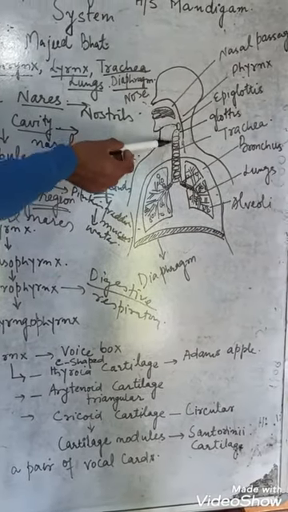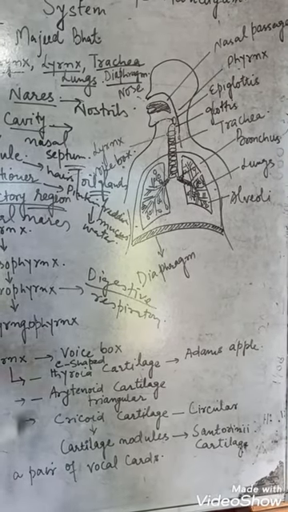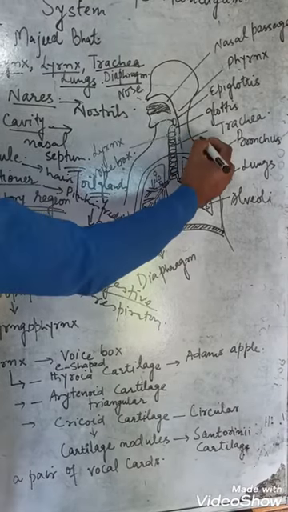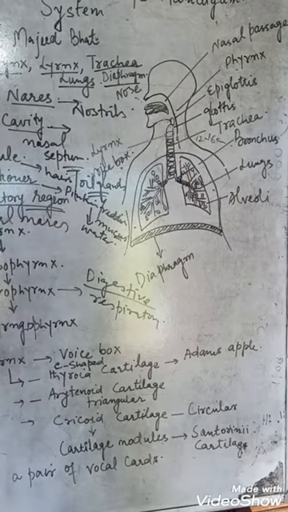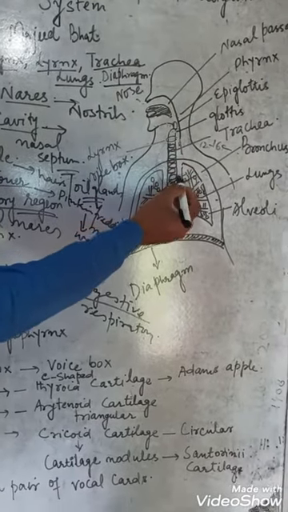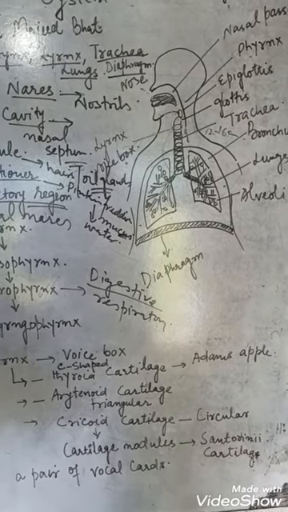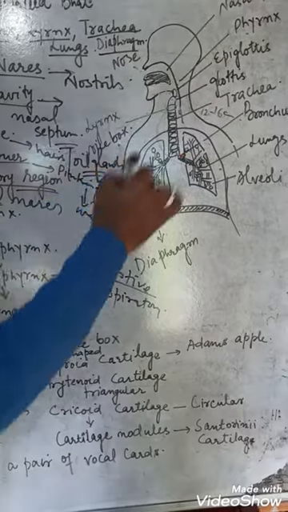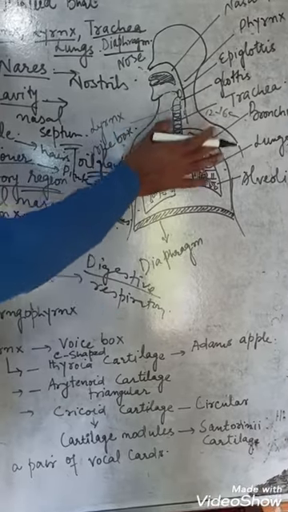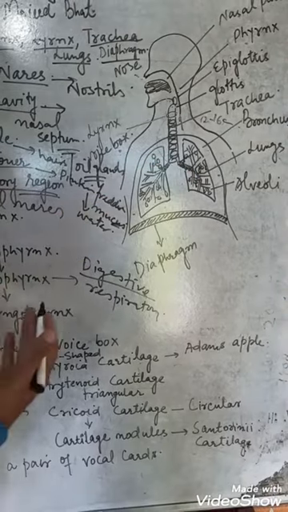Trachea is a long tube-like structure. It is made up of the cartilaginous structures, cartilage, and trachea is around 12 to 16 centimeters long. And it has the cartilaginous rings present inside it, and it has also the stratified columnar epithelial lining inside the trachea. This trachea, once it goes down into the thoracic cavity, and then under your thoracic cavity you have got abdominal cavity, but our lungs are present inside the thoracic cavity.